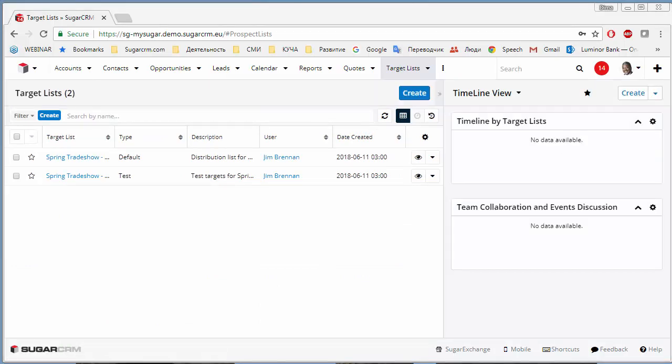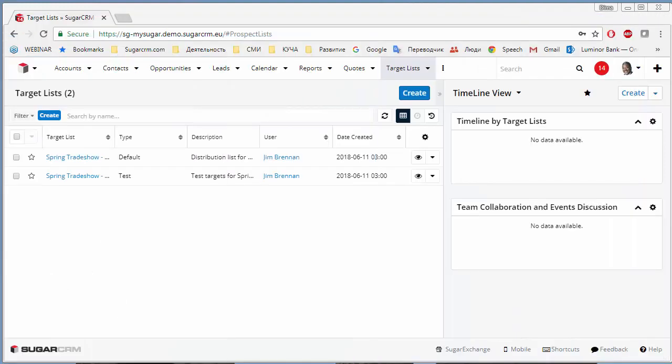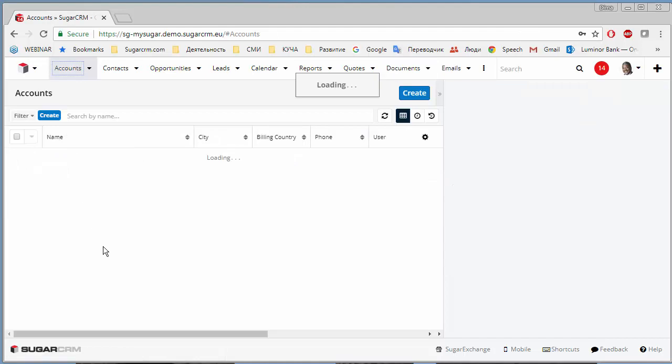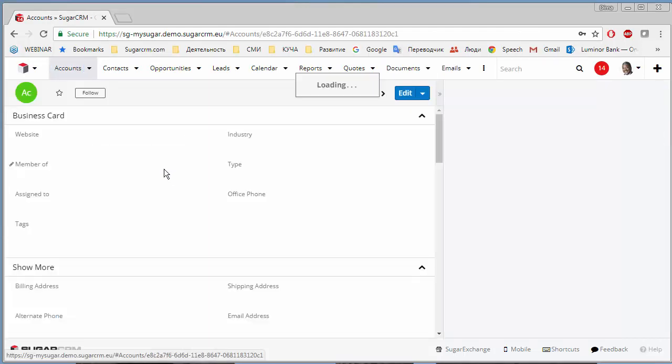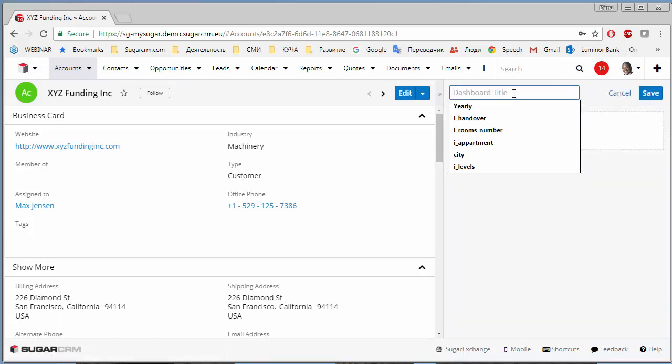So that is how we just configured the intelligence panel dashboard for the lists of accounts, contacts, leads, opportunities, cases, and target lists. You can make it also for other modules as well. And now I'm gonna configure the dashboards of timeline view for the records of the same modules. For that, I'm going to switch to accounts module and then to open the particular record, and then just to create the dashboard, that is timeline view as well,